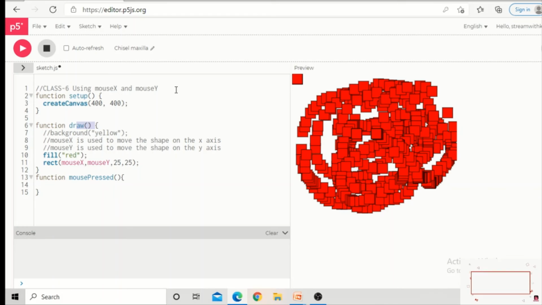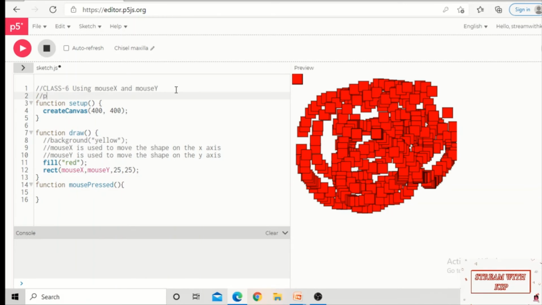These are all called predefined functions, which means the functions are already available in the JavaScript programming language, so that we can directly use them in our program. We are going to discuss user-defined functions in the next classes.